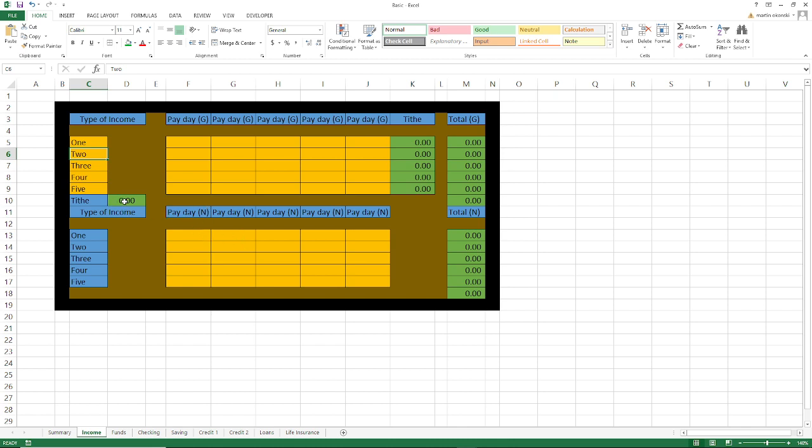And yes, I put a tithe area in there and it's all linked together. So if you get paid weekly, you get $1,000. You can see how everything updates. Next week you get $1,000. And like I said, if you get another income just like once a month for like $2,500, it all adds up and it all goes in here for tithe.